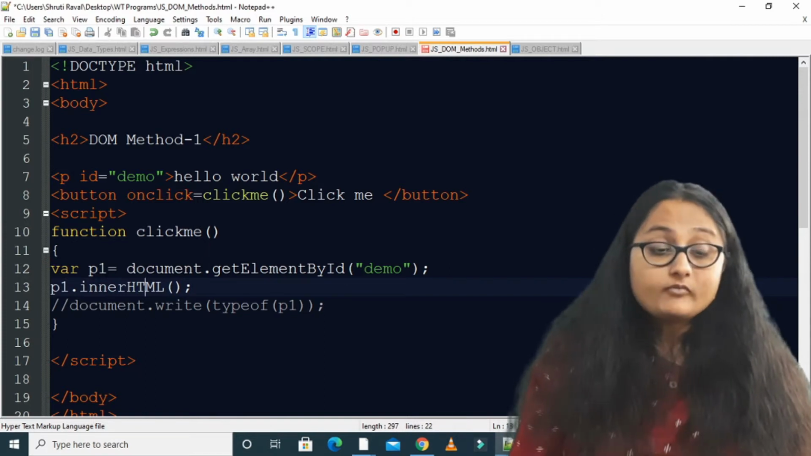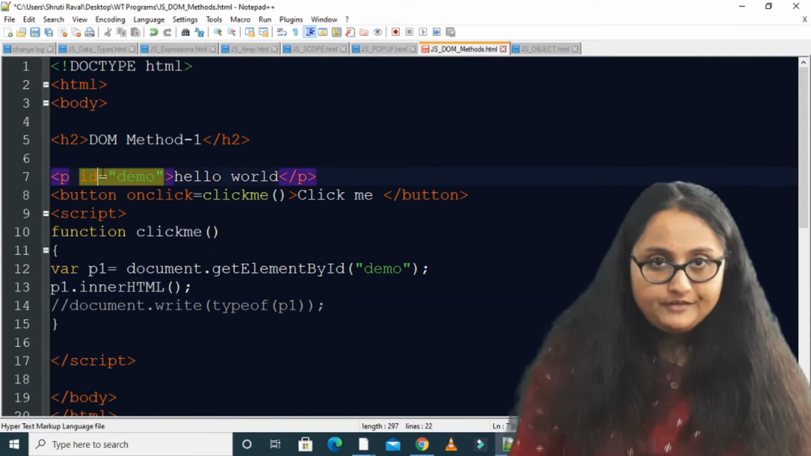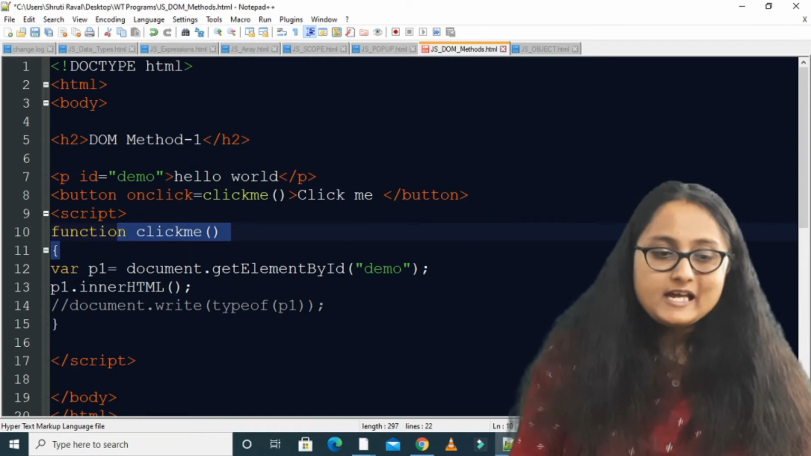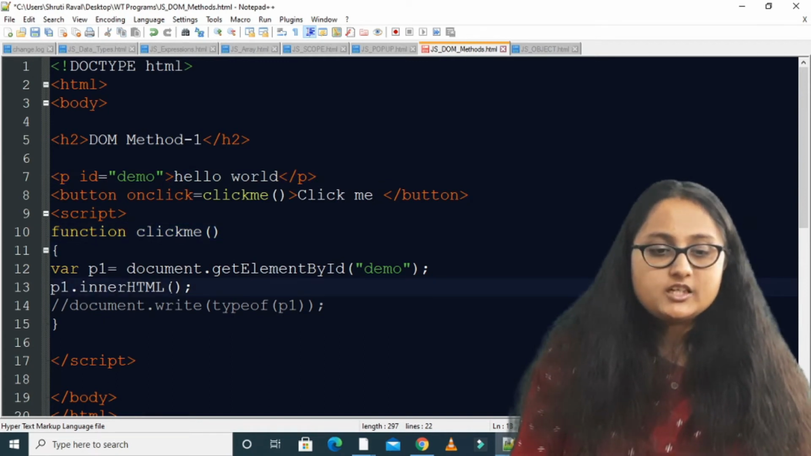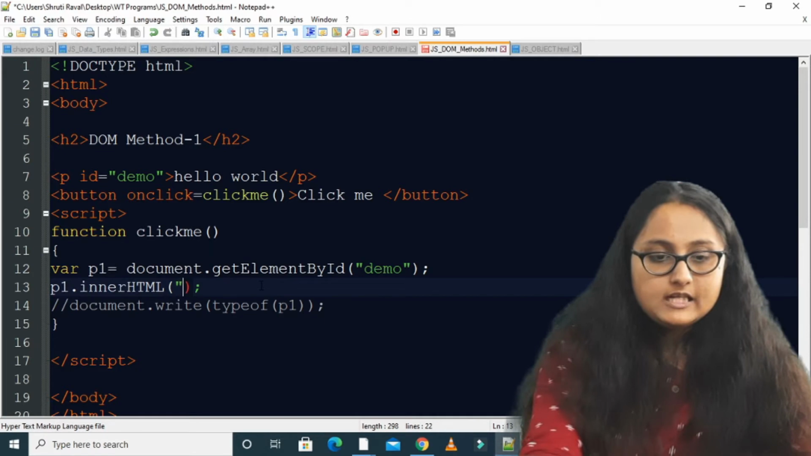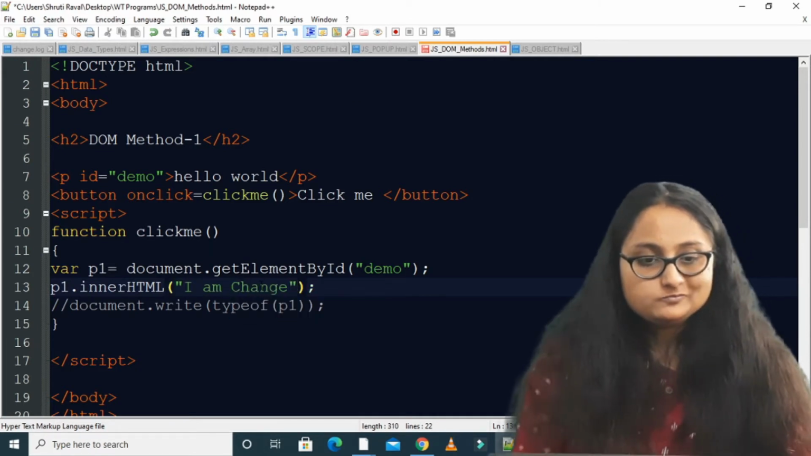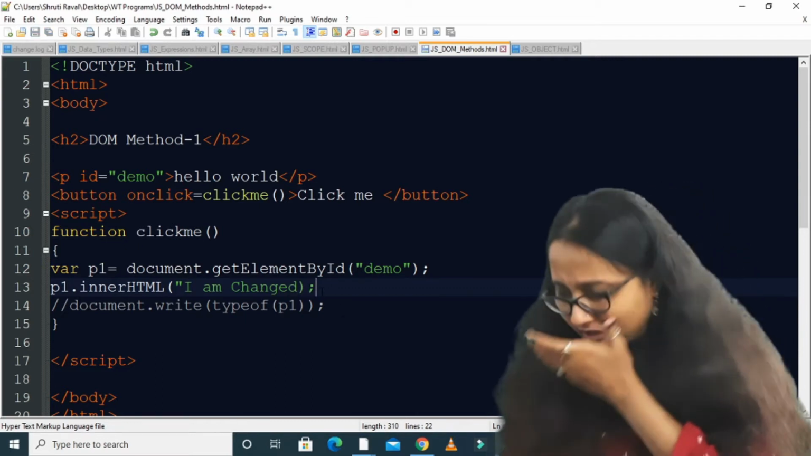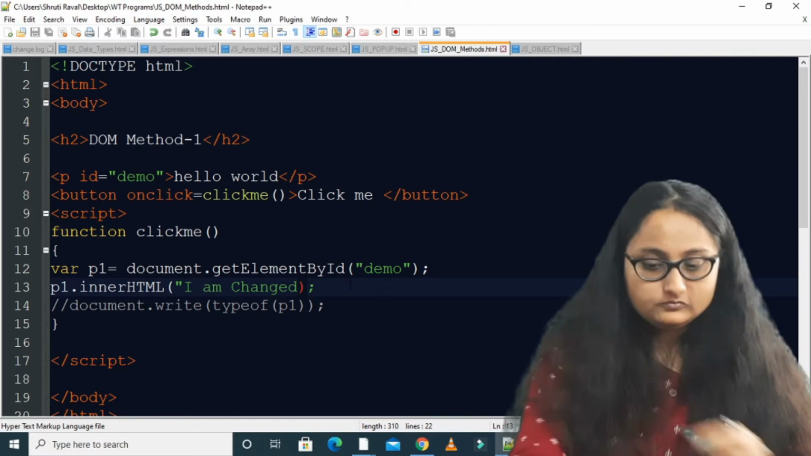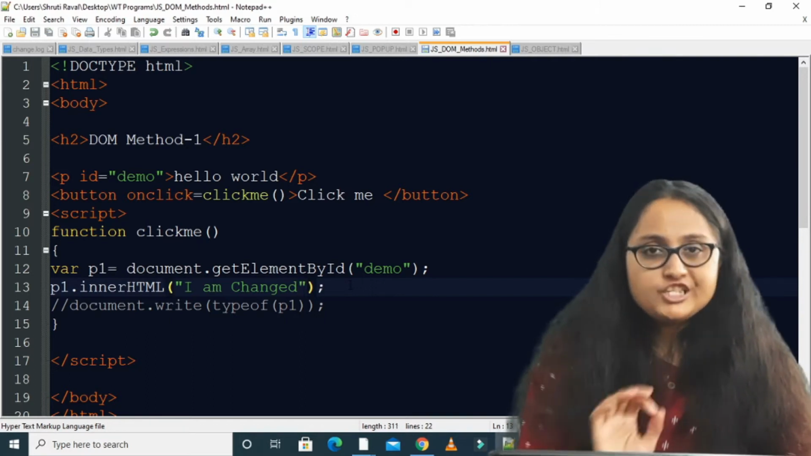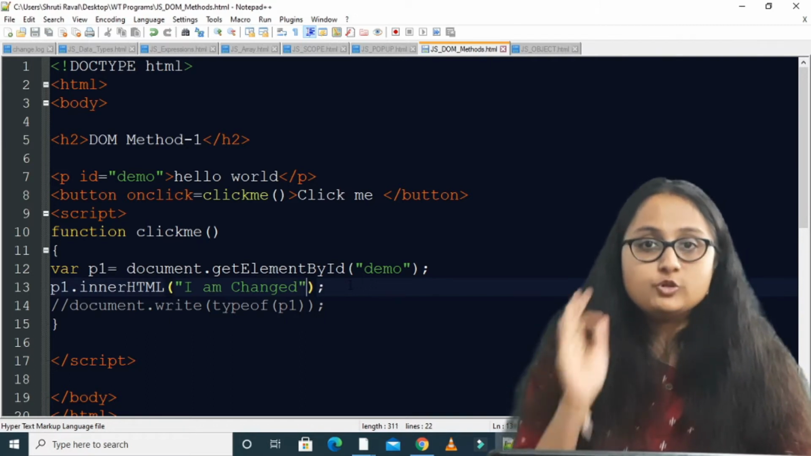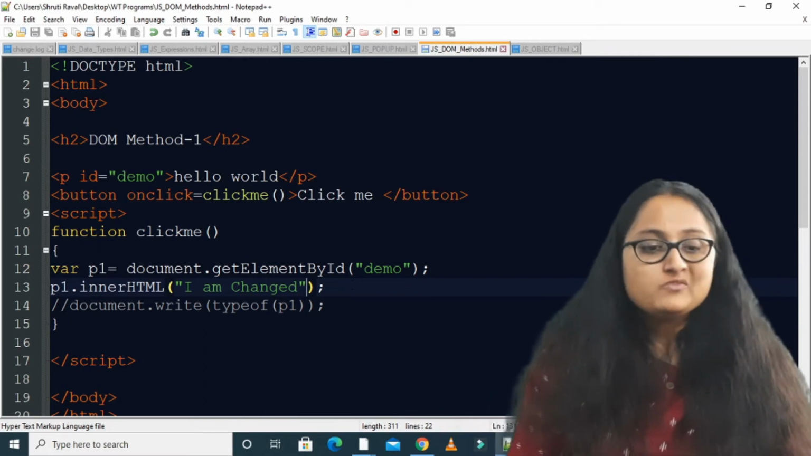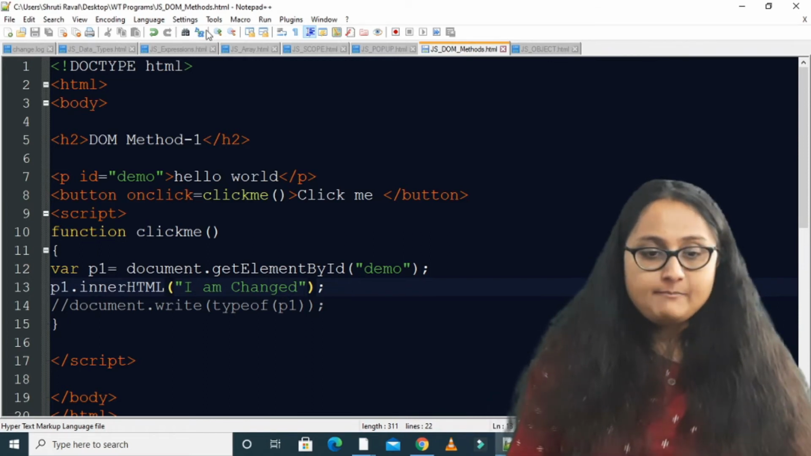What am I doing? I am getting p1 in this function and I am explicitly changing the innerHTML to "I am changed", right? I am changing the innerHTML value to "I am changed". So let us see what happens now. If I am running this file,